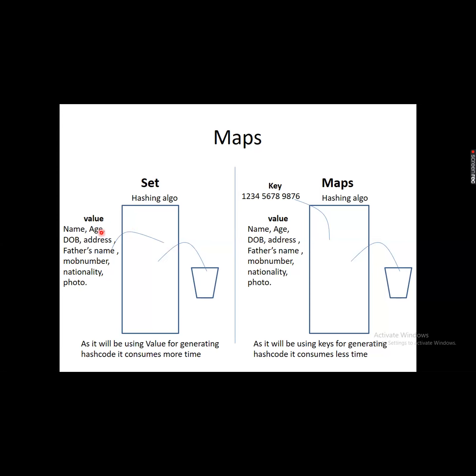Now, if you observe here, in your HashSet, means in your Set interface, how will it work? Name you are going to give, age you are going to give. My name Naveen I'll give, age I'll give, date of birth I'll give, my address I'll give, my father's name, my mobile number, nationality, photo. All these things I'll give. Now what will it do? It will use this value only, means my name Naveen, my age 30. These things only it will use to generate the hash code. Means we will store the